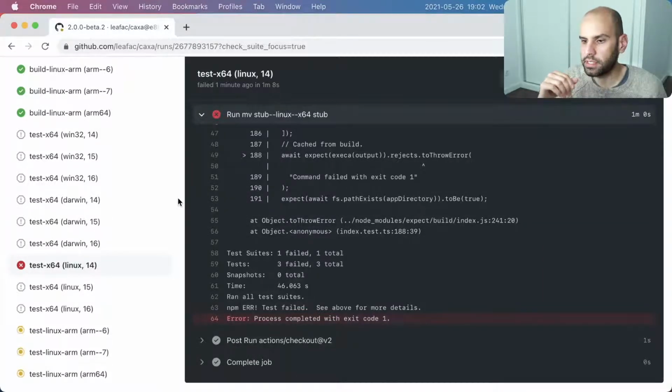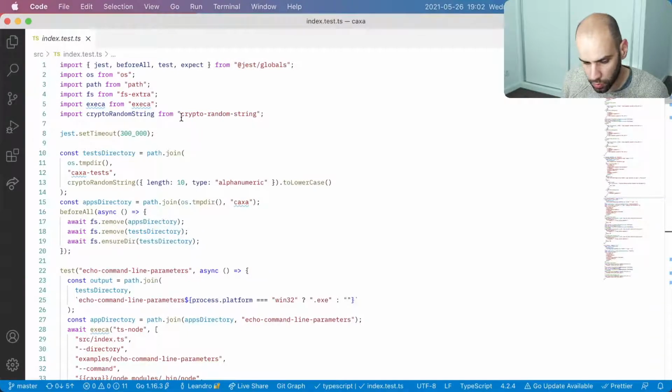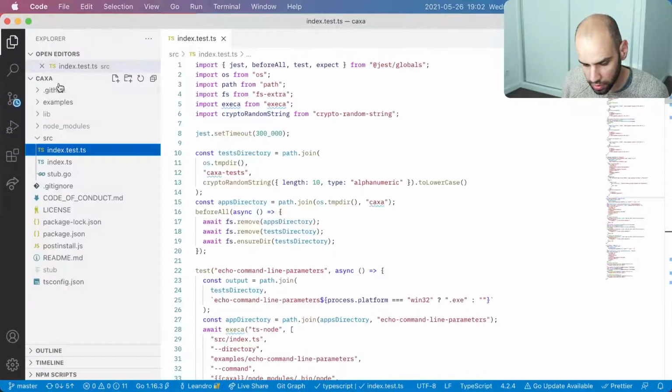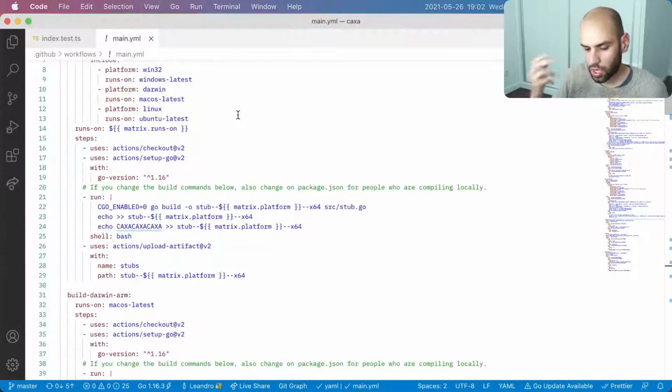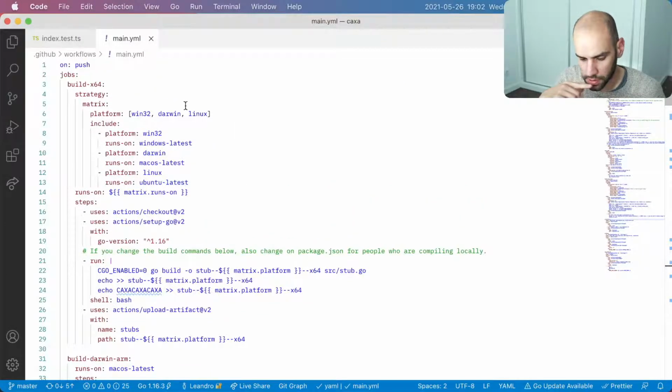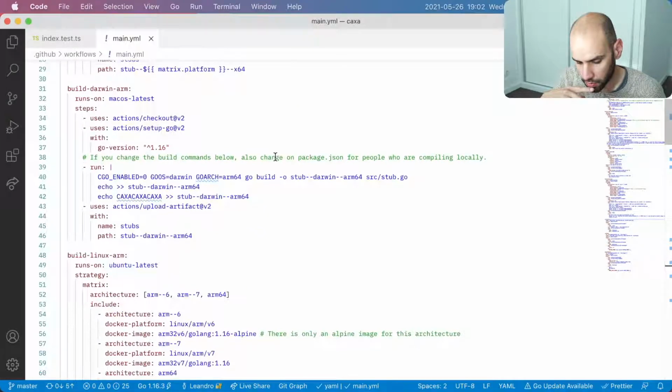I wonder if this has to do with the stub permissions. How are we building the stubs for Intel again? We are not using Docker, so that should not be the problem, because there is no root shenanigans going on here.